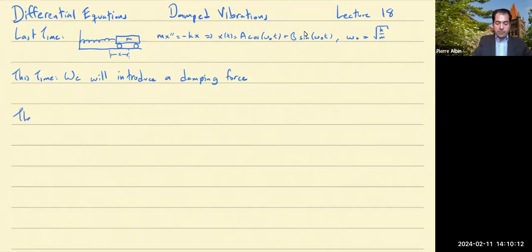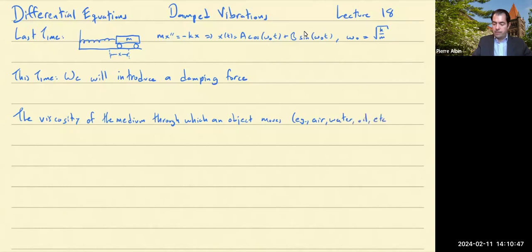Okay, so the viscosity of the medium through which an object moves, right, be it air, water, oil, whatever, exerts a damping force